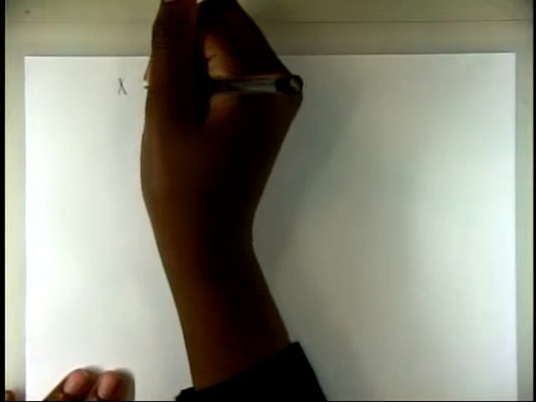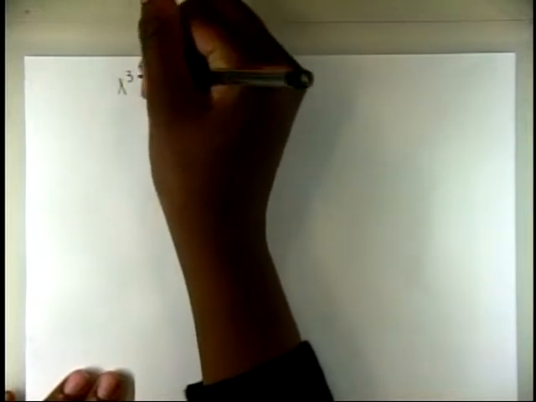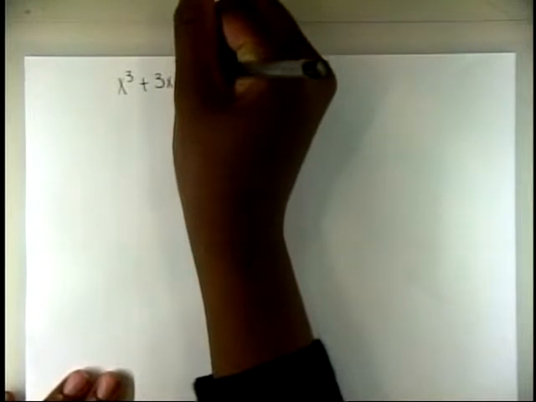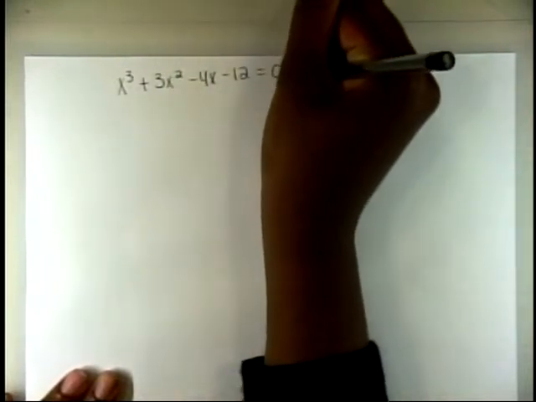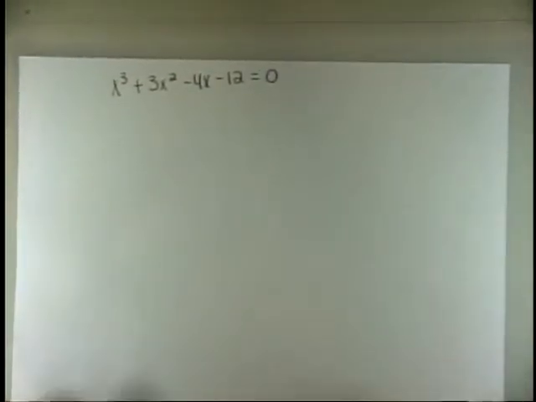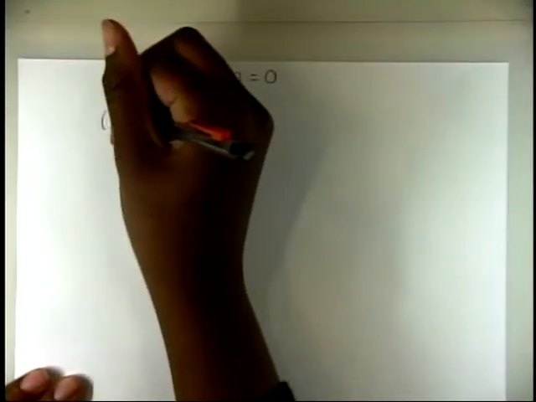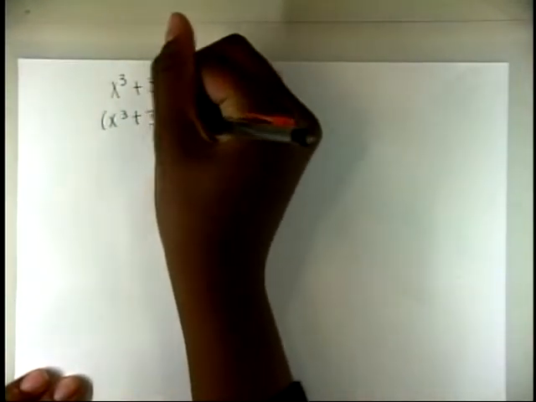Today we will be discussing cubic equations. First, the equation is known as x cubed plus 3x squared minus 4x minus 12 equals 0. The reason why it's a cubic function is because the highest exponent is to the third power, which is a cube. First, by solving this equation, we will group the common like factors, which is x cubed plus 3x squared